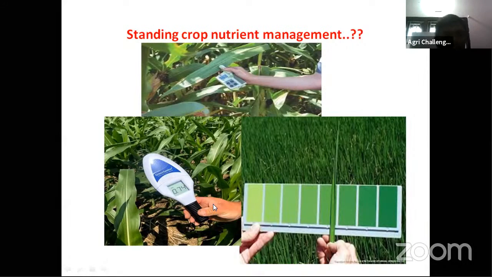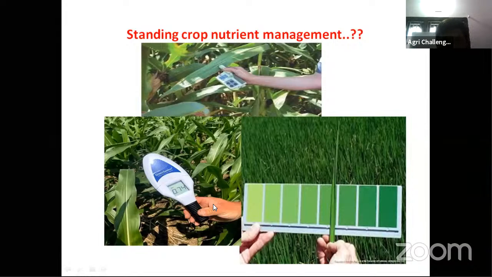Other than this, there are also other mechanisms or instruments available to estimate real-time nutrient requirement or plant nutrient stress, such as drone-based multispectral or hyperspectral image sensors, or satellite-based sensors.